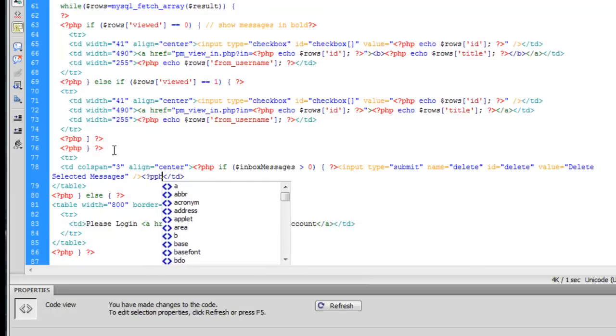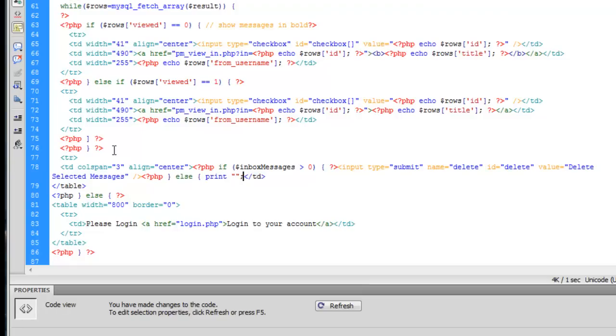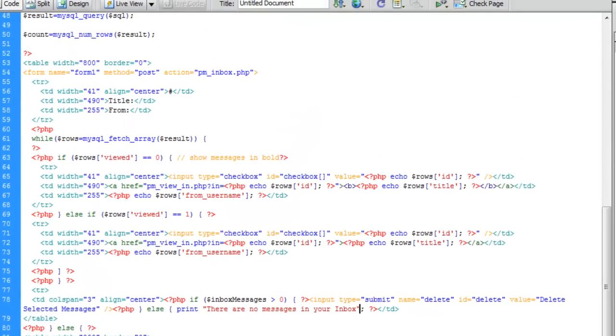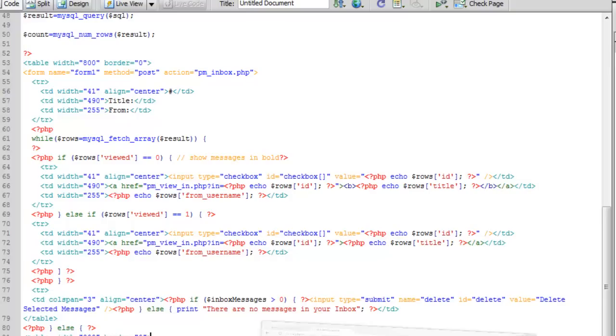Then we go PHP else print there are no messages in your inbox. Okay. And I forgot to put that little box there. Alright, so now if you save it and you view this